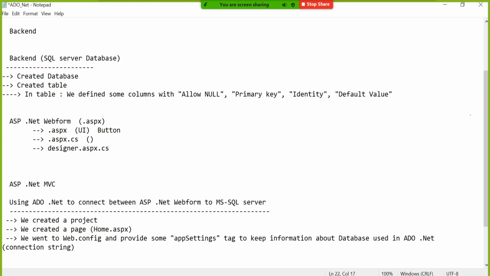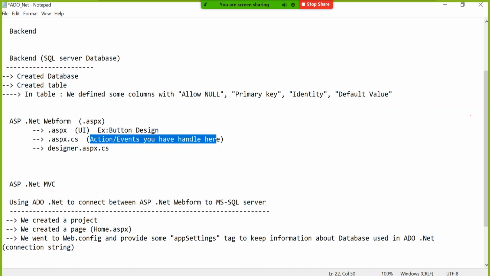So all actions or events you have to handle here. Okay. Design button. This is an example, not only for button. You can have a text box, a paragraph, or any table also.